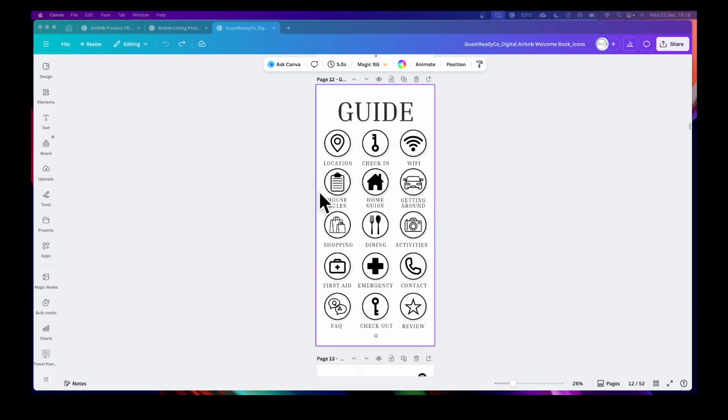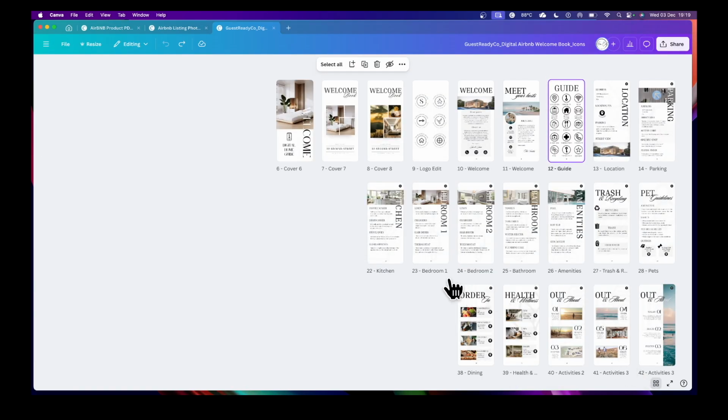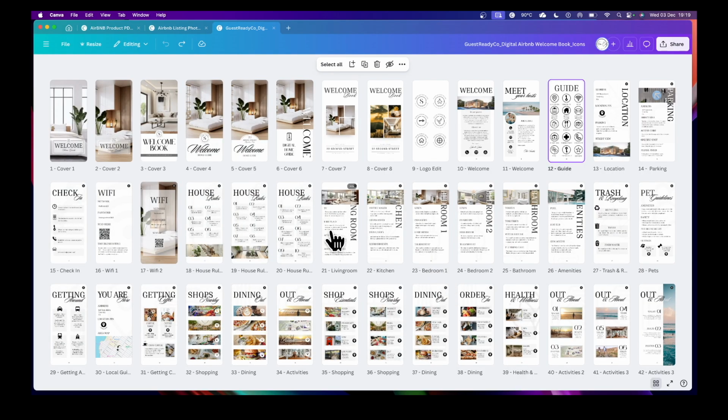As you're going through selecting, editing, duplicating or deleting pages, you may run into the following issue. So as I've said, I've linked all of the pages to the guide as is, but say for instance you would like to use a different activities page to the one that I've linked. So I will always link the very first page in that sequence. So this out and about page is the first one that you'll see in the template. So this is the one that I've linked. So if we decide to rather use this out and about page when we want to delete this one,